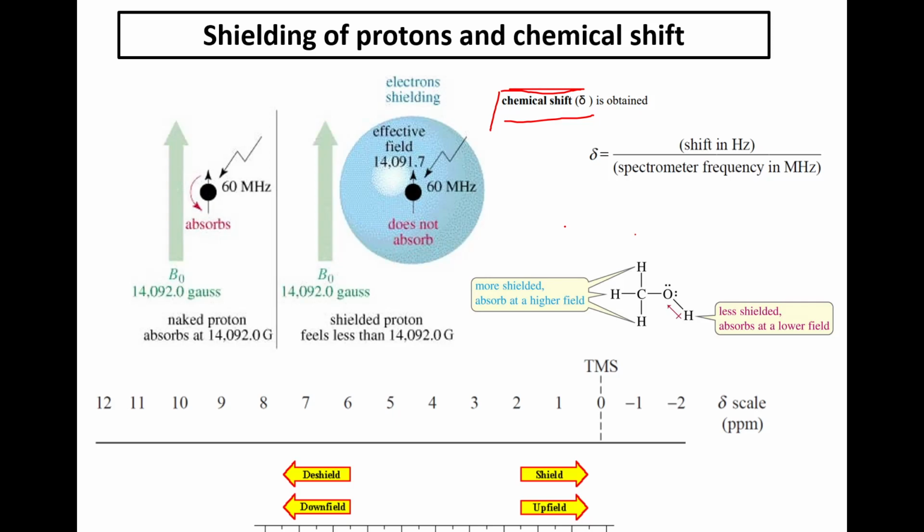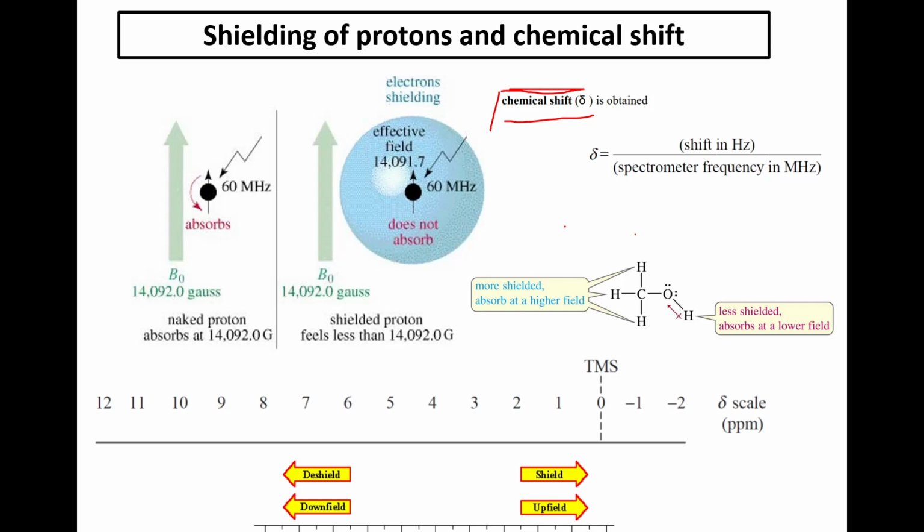So if we compare the shifts of other protons with these shielded protons, we can get a value or idea. That's why the protons of the methyl carbons in tetramethylsilane have their shift considered as a zero chemical shift, and